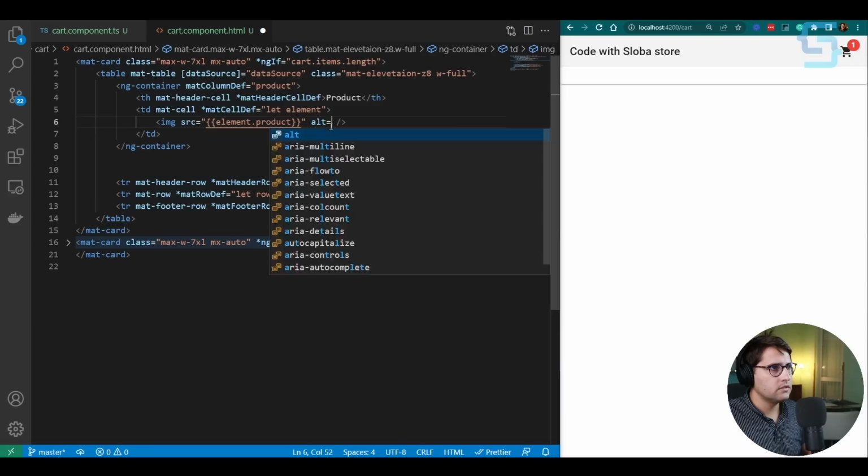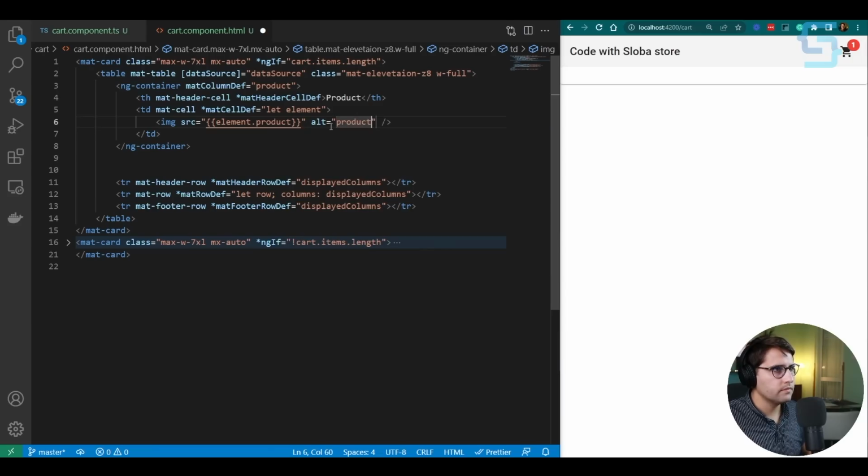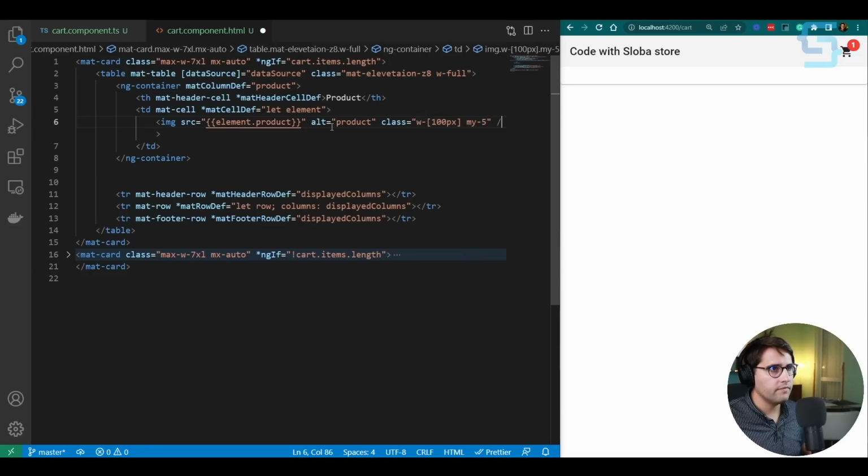Let's add an alt as product, and let's add some classes. Class, make the width 100 pixels. Okay, let's close that bracket, and let's add some margin on the top and the bottom of 5 pixels. Okay,